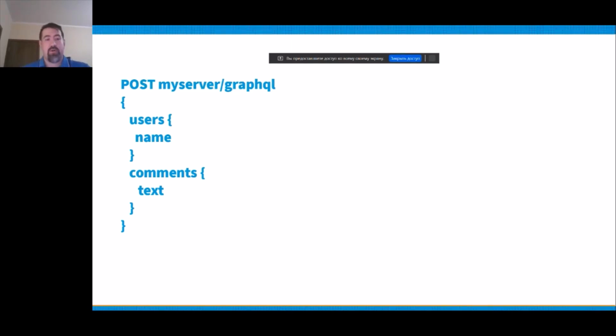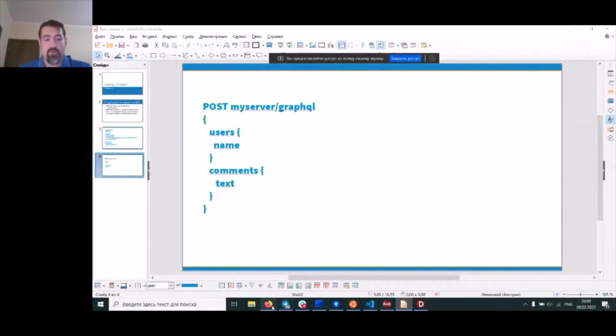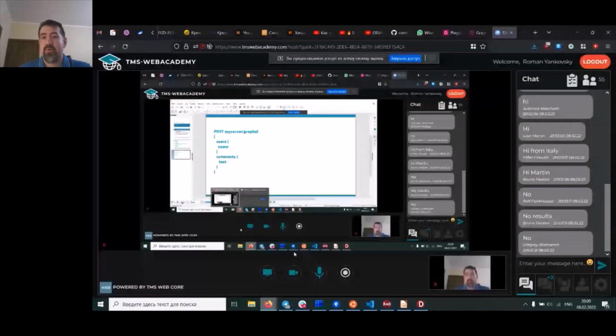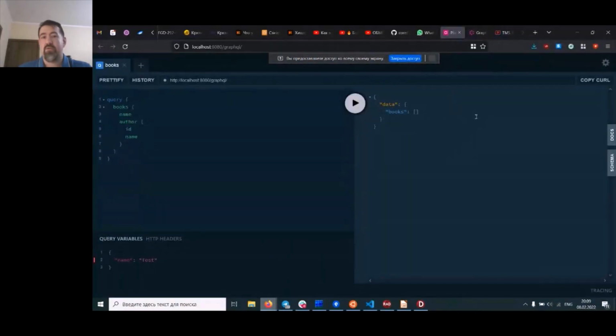This is a part of the demo Wagner will show you later, but I just want to show how introspection works. This is GraphQL Playground. It is an open source IDE for GraphQL. We use it in our project.